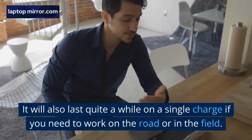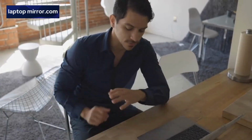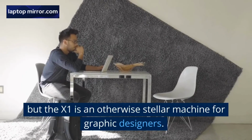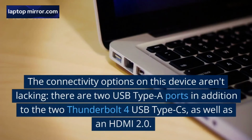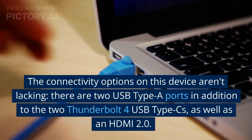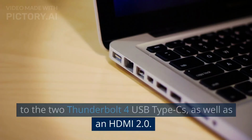It will also last quite a while on a single charge if you need to work on the road or in the field. Its design is not the most awe-inspiring and an SD card slot would have been appreciated. But the X1 is an otherwise stellar machine for graphic designers. The connectivity options on this device aren't lacking. There are two USB Type-A ports in addition to the two Thunderbolt 4 USB Type-Cs, as well as an HDMI 2.0,